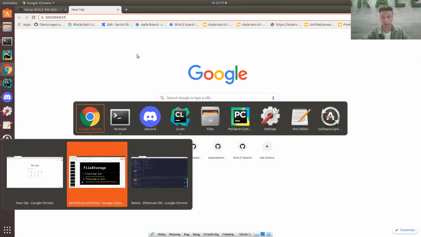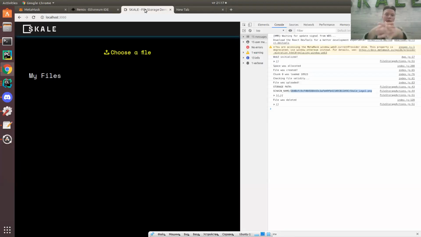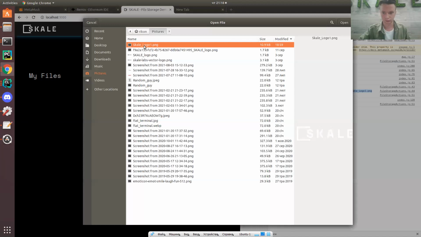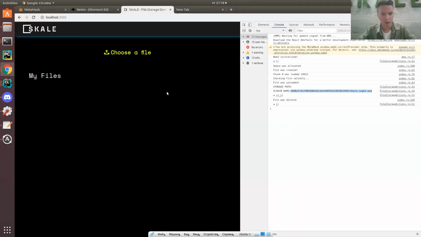So let's take a look at the file storage. I run the UI for file storage. It uses the file storage.js library, and you can mount it from our Scale Network organization repository, Scale demo file storage, if you wish. You can ask me, I will send the link. I already run it on my laptop, and let's choose a file that we will upload. Okay, so the uploading is